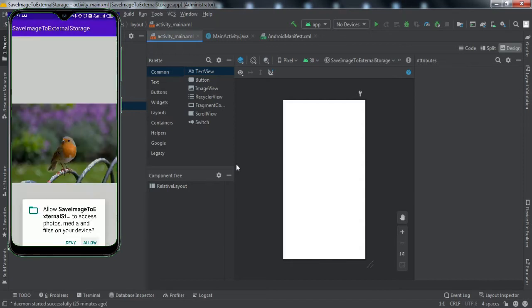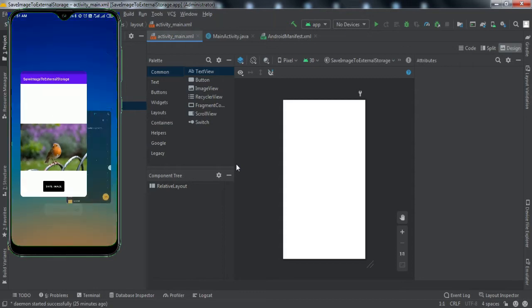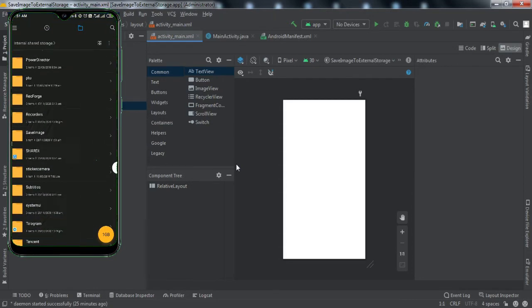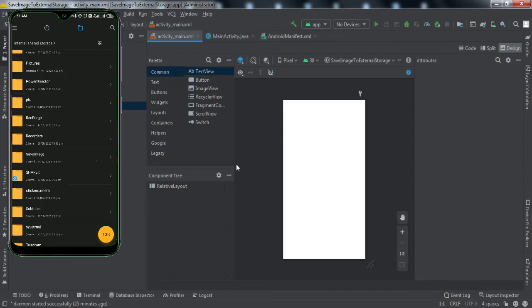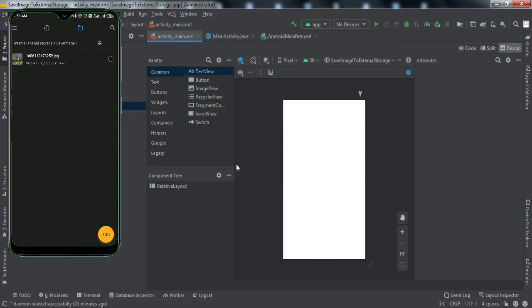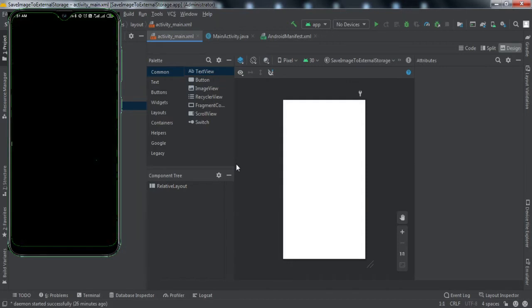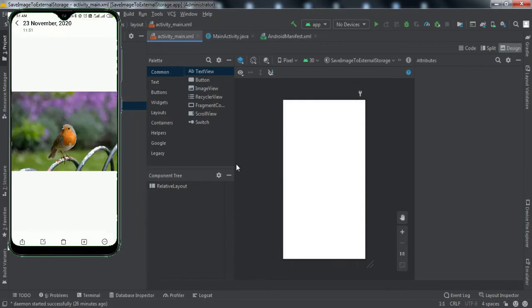Once I click on this allow button, if I go to my file manager, here you can see there is a folder save image. Now if I click on this, here this bird image is saved. If I open this,